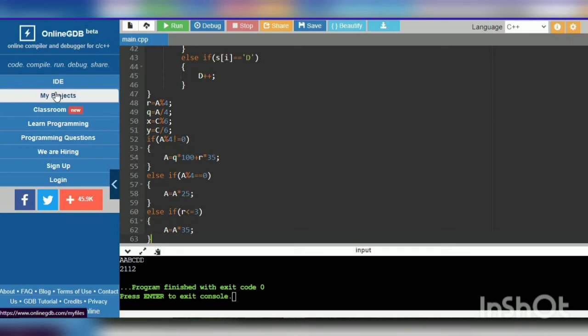Suppose remainder is less than 3, then it should be 1, 2, 3. If the remainder is 1, A is 1 into 35, 2 is 2 into 35, and 3 is 3 into 35. And suppose it is 4, then we already wrote its logic. A mod 4 equals 0, that's why its value is 100. And suppose it is in a 4 pattern.